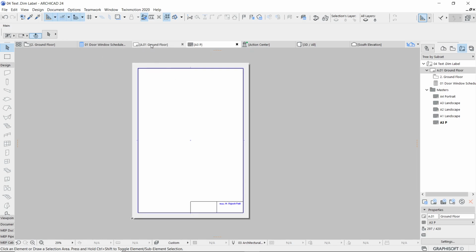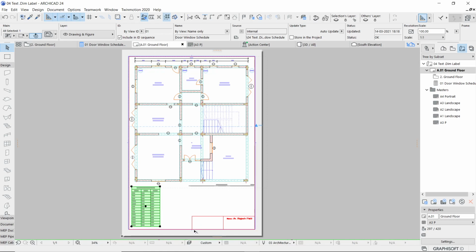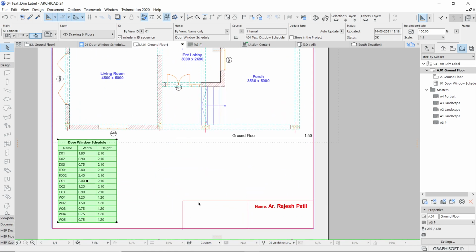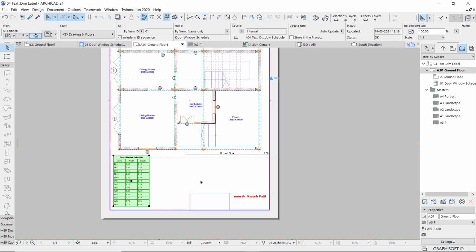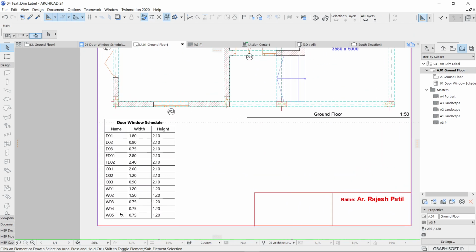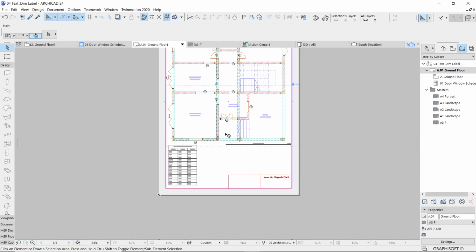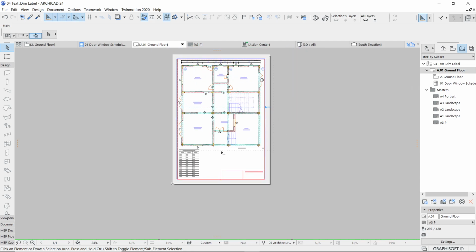And if I go back to my floor plan sheet, you can see now my new master as per my redesigned option in the master. Things are getting displayed in my final sheet. I can deselect this, and now this is how it is supposed to be. Now tomorrow, by chance, if you add a new door or window, you will be getting an updated schedule in your drawing also. That is just because these are interactive. You want to see that?